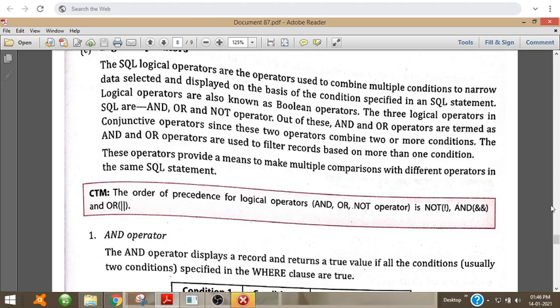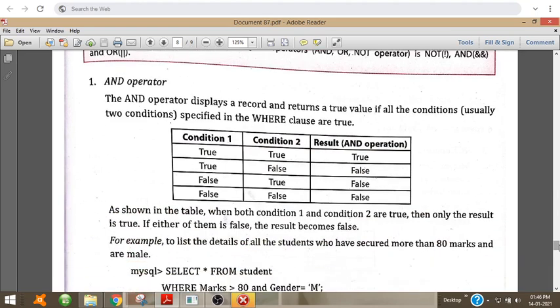Let us see how these operators are used. First, the and operator. The and operator displays a record and returns a true value if all the conditions specified in the where clause are true.